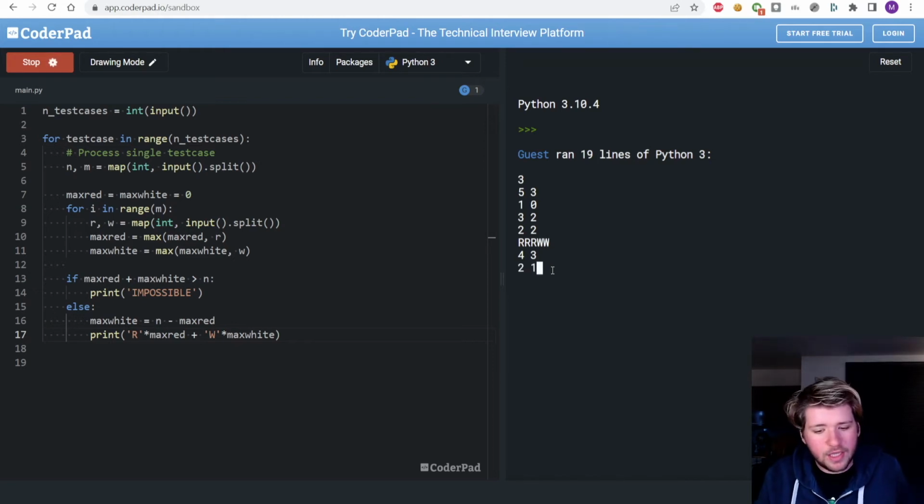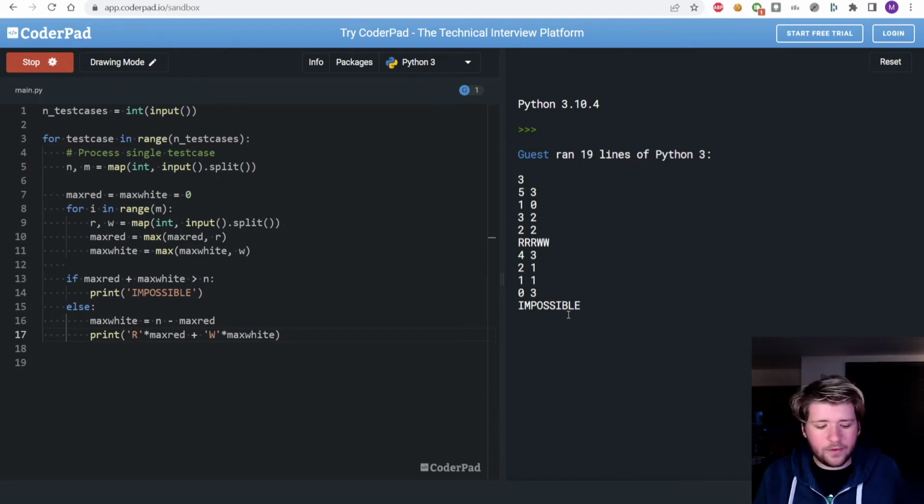First judge has 2 red and 1 white. Second one will have 1 and 1. And the last one will want to taste no red wines and 3 white wines. Here you can see max red will be 2, max white will be 3, but we only have 4 bottles. This will be an issue because now we have to display 5 bottles in total and we only have space for 4 of them. So now I hope my code will print impossible.